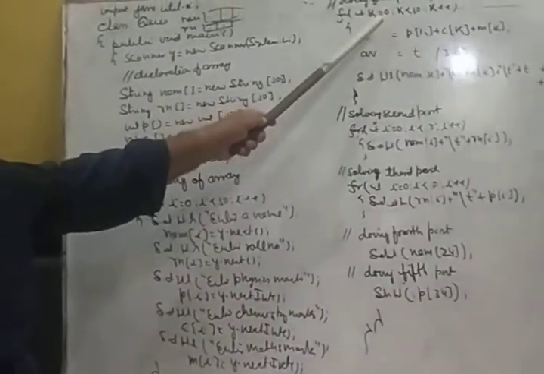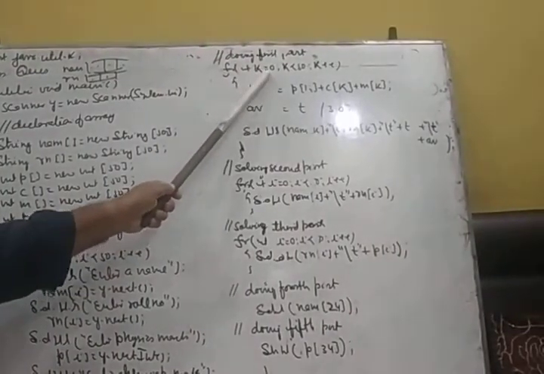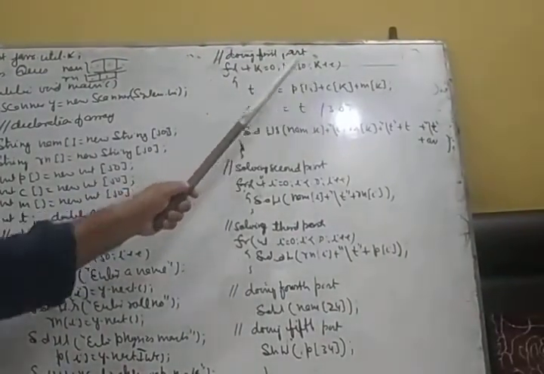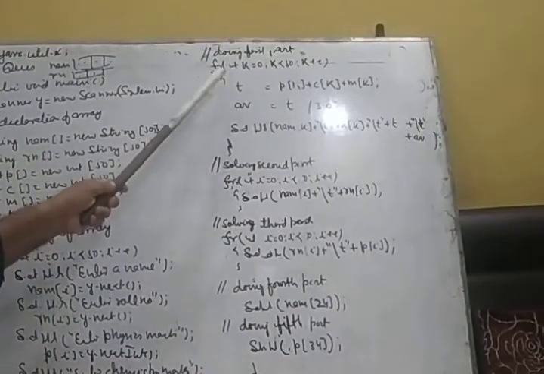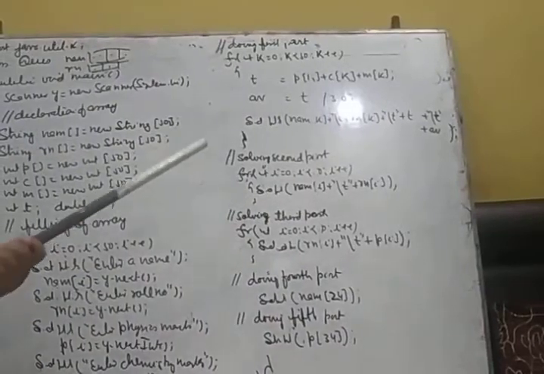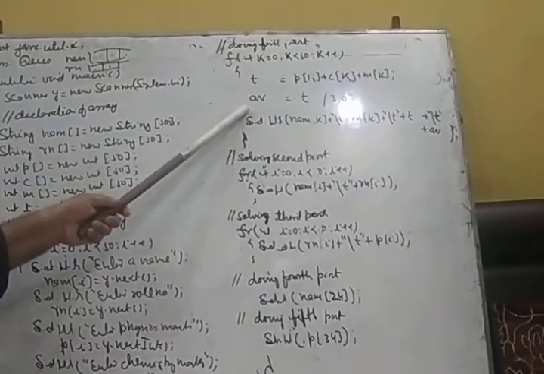How? See here. The very first thing is print the name, roll number, total and average of all the students. I am writing here k is equal to 0, k less than 50, k plus plus. T is equal to, now these two variables are of old type. I have not taken an array to store total and average values. These variables have the same nature, so these values will not be stored. So T and AV, two variables I have taken.